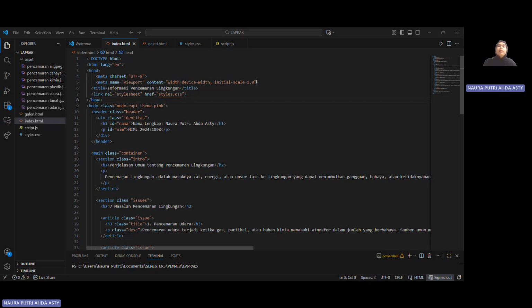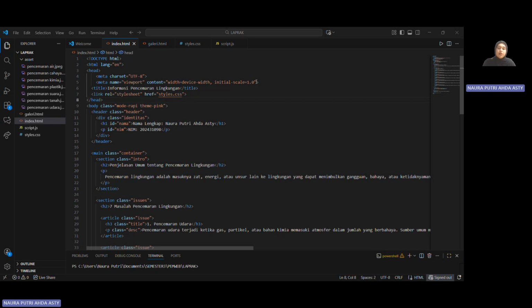The last one is link rel, which connects our HTML file with the CSS file, which controls the design. Then the next one is the body section.